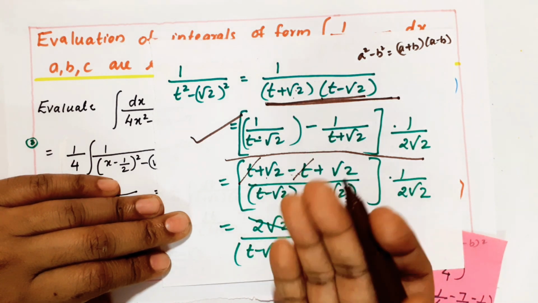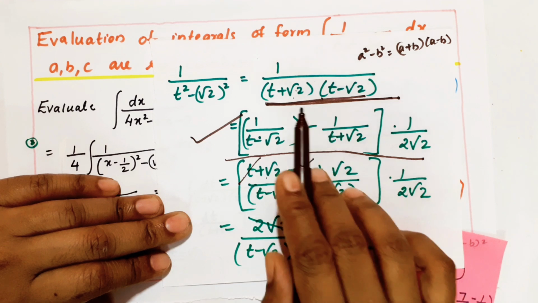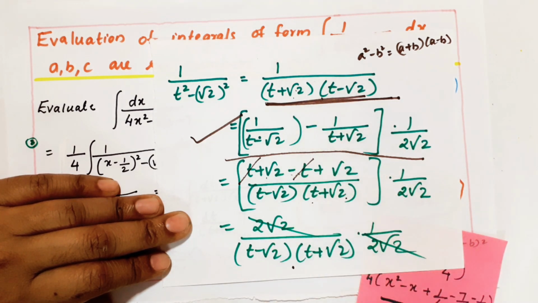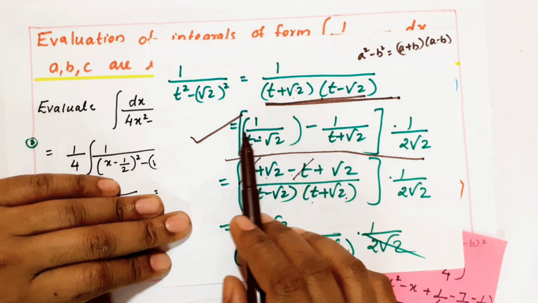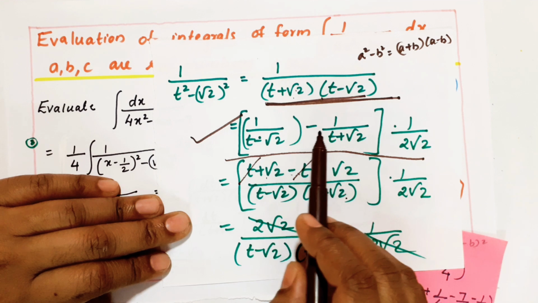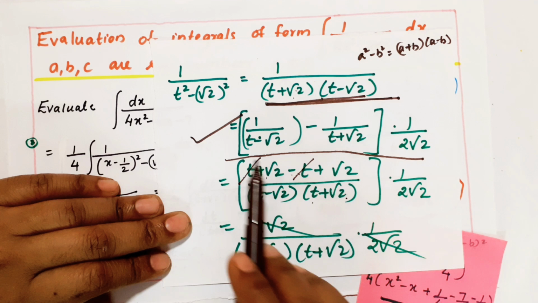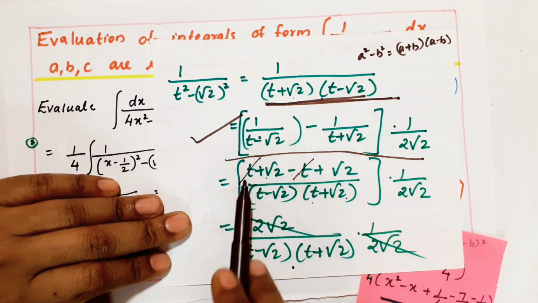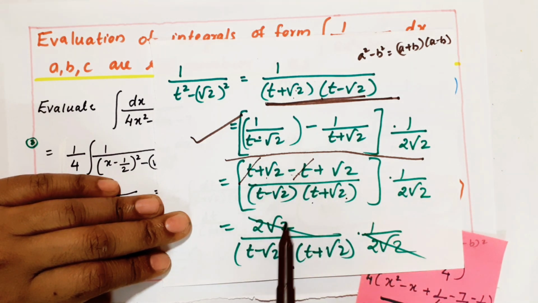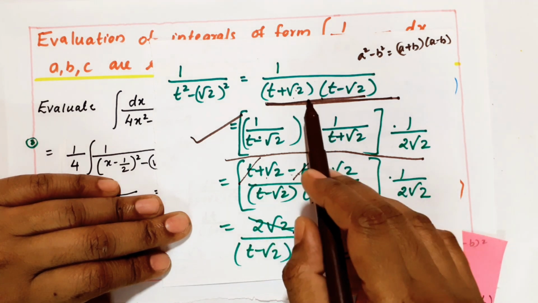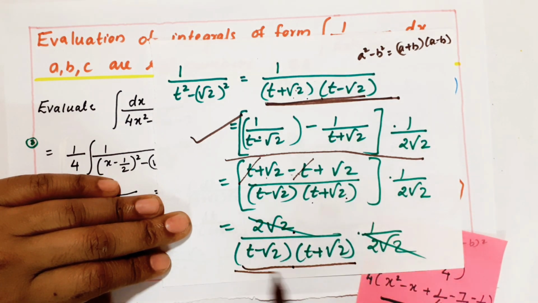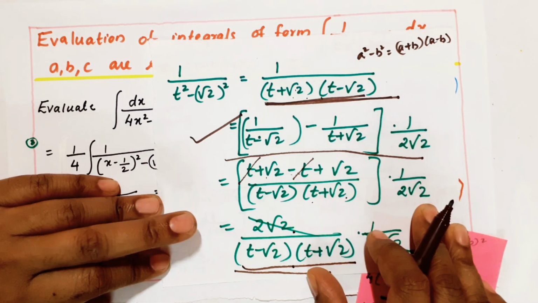So what I am doing now, just I am thinking it back. How you are getting denominator like this? It means it is nothing but the LCM of two digits. So the LCM digits, we are writing it like this: 1 by t minus root 2 minus 1 by t plus root 2 into 1 by 2 root 2. Then if you are taking the LCM and adding, we understood that numerator 2 root 2 will come. Denominator t minus root 2 into t plus root 2 into 1 by 2 root 2. These two if you are cancelling, the last term is nothing but equivalent to my first term, right?